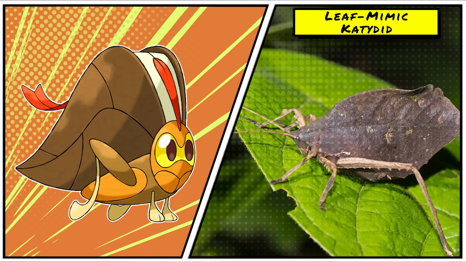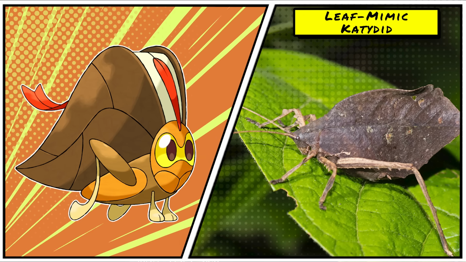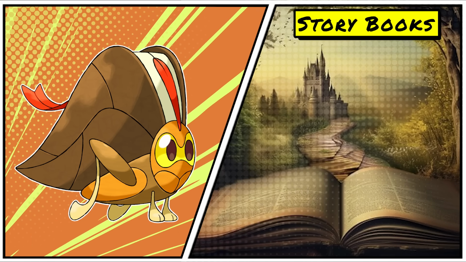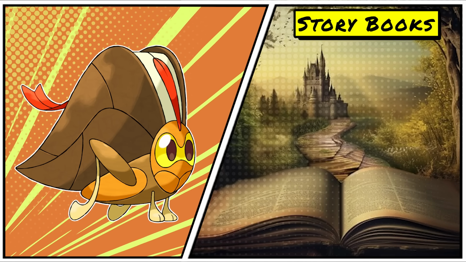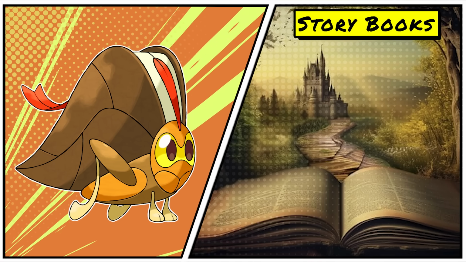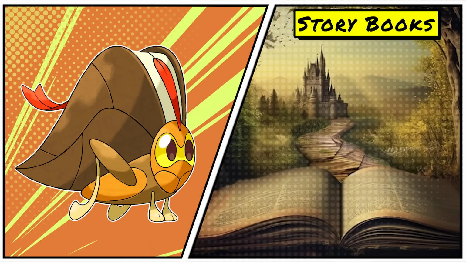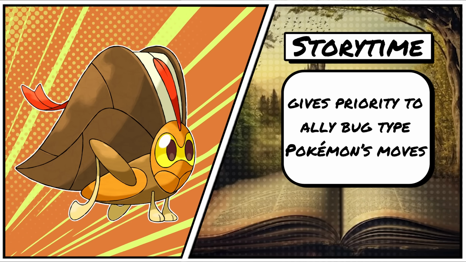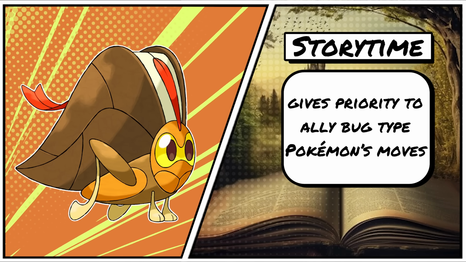This is also where its grass typing and leaf-shaped wings come into play, and if you haven't noticed by now, its wings also resemble the pages of a book, and its antennas resemble bookmarks, which is where its name comes into play, being a play on cricket, and contado being the Portuguese word for story, as it's known as the storybook Pokemon, with the signature ability Storytime, which gives priority to ally bug-type Pokemon's moves as its audience is seated,